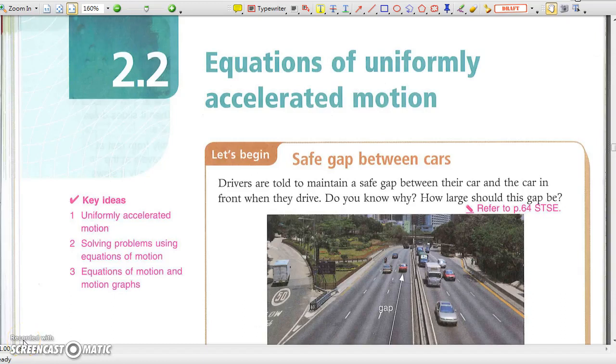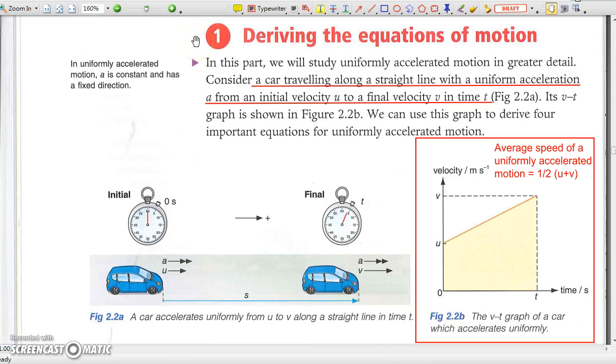2.2 Equations of uniformly accelerated motion. 1. Deriving the equations of motion. For the car accelerates uniformly as represented by figure 2.2b, we may express its acceleration and displacement in the following